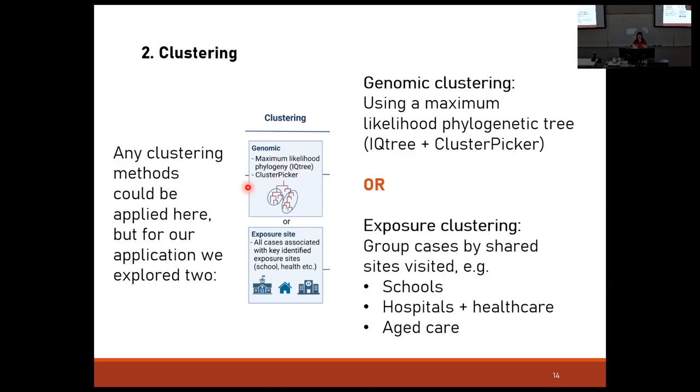So something we explored as part of that was what we've called exposure site clustering. We wanted to avoid using any detailed contact data in this method, but the minimal amount we decided to use was clustering cases by those associated with particular sites of interest to public health. So we don't know who met who and when, but we do know this person attended this school at some point, this person attended this healthcare site at some point, and then we cluster by that. I'll come back to this at the end. It's clustering by location, or some external variable that has nothing to do with the sequence.